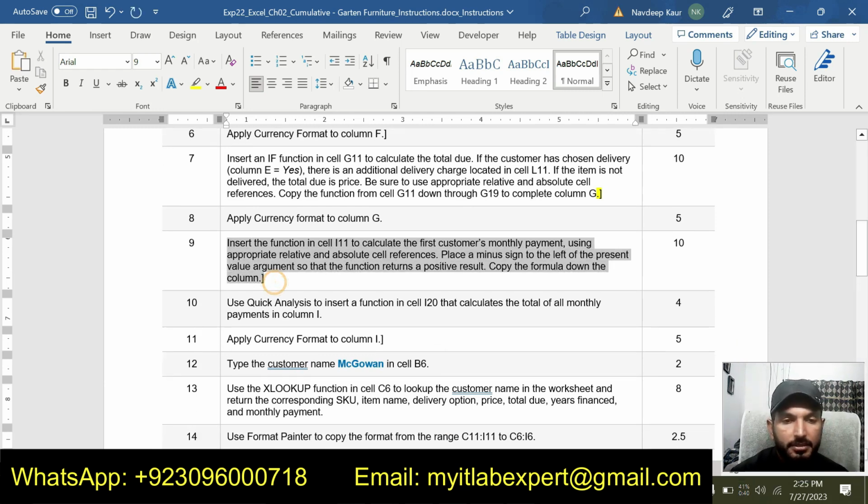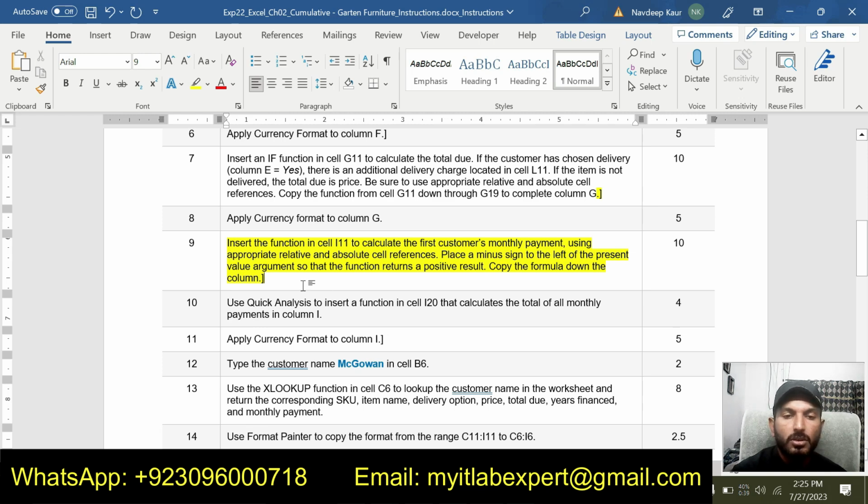Step number 9 is to insert the function in cell I11 to calculate the first customer's monthly payment, using the appropriate relative and absolute cell references. Place a minus sign to the left of the present value argument so that the function returns a positive result.